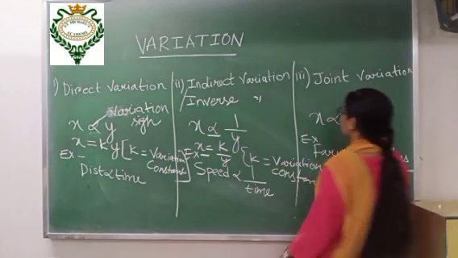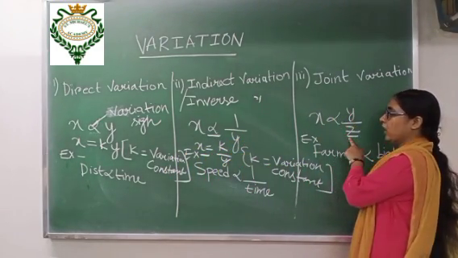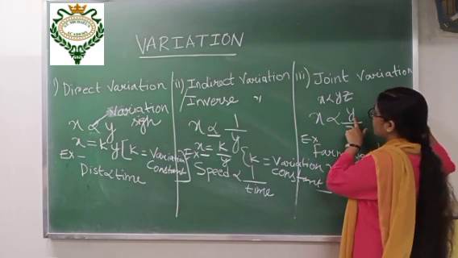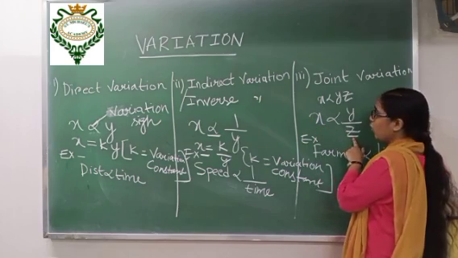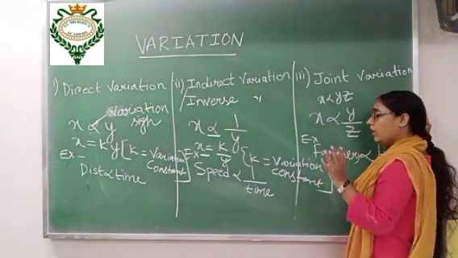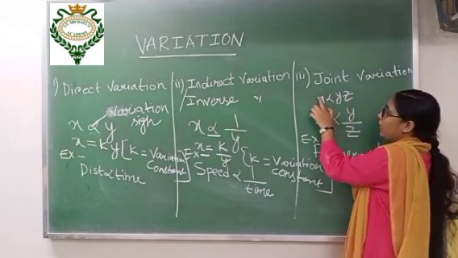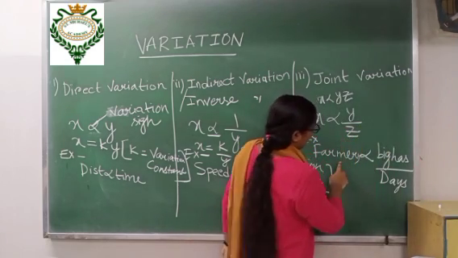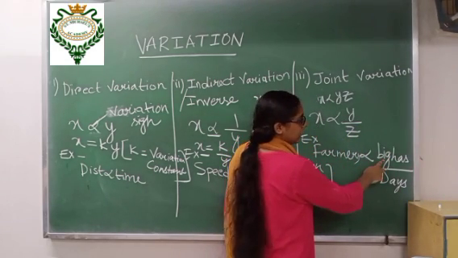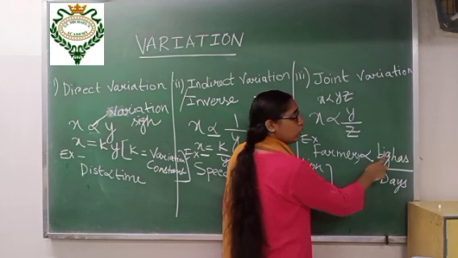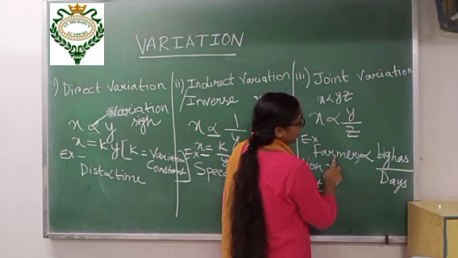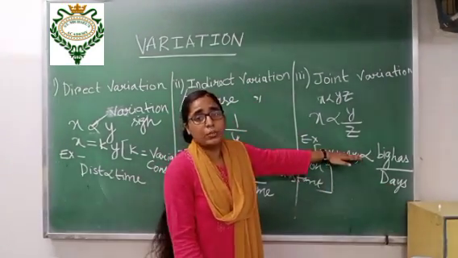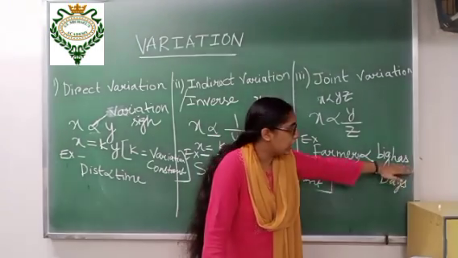Joint variation is the combination of three variables x, y and z. Don't think that one relation will be direct and the other indirect. No, both relations may be direct. Joint variation means x will be common. I have given an example already. If farmers increase, bighas can increase, because if farmers increase, they can do lots of work. But if farmers increase, days will decrease. It means farmer is common for both bighas and days.